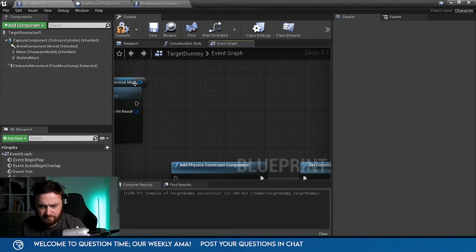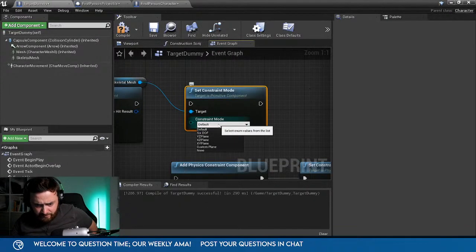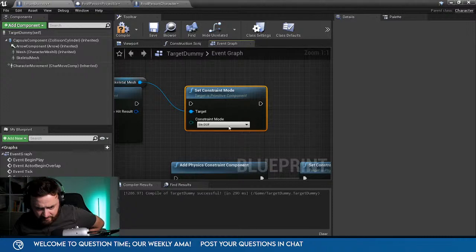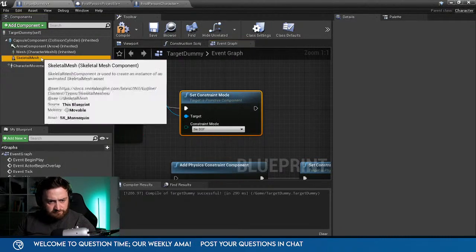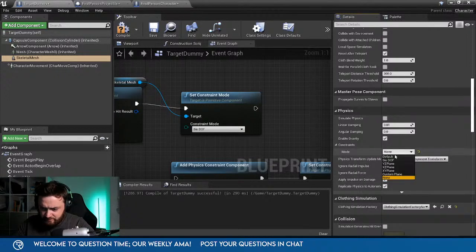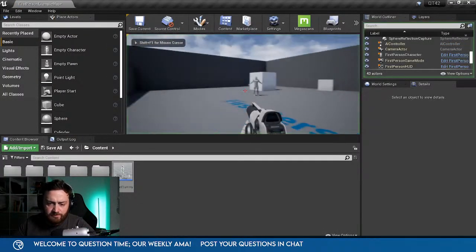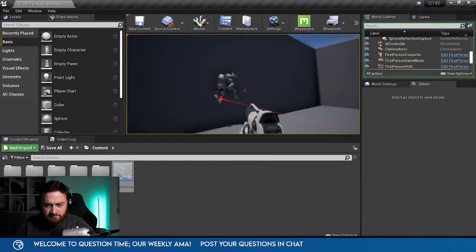No, not that one. Set constraint mode. Do that. And if I go over here and turn it off. So turn these ones to lock, but then change it to none. I'll change it back to 6 DOF, does it? Yeah, okay. I'll change it to none and then switch it to that one after. Moved it. Will that keep it in the place there? Oh, there you go. Dangling.